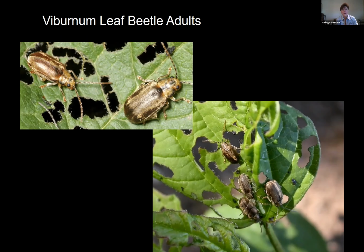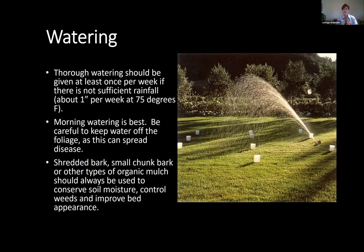Okay, now back to the watering. Again, we should be getting an inch of rain a week at the temperatures we're having, 75 degrees or cooler. We're not getting it. So you want to make sure you're giving supplemental water. Set your sprinklers up, and then